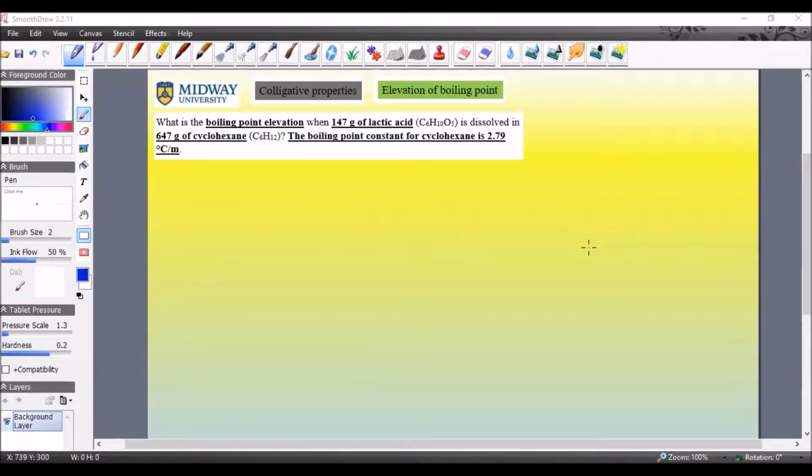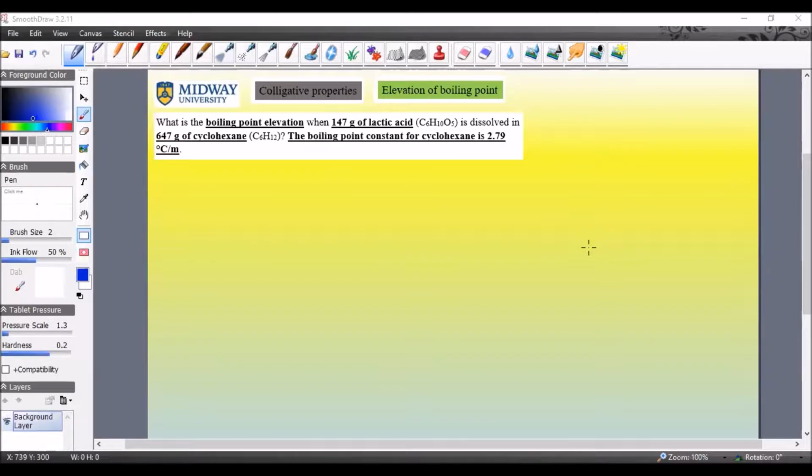Welcome back. As I mentioned in my introduction video to elevation of boiling point, we're going to work out two problems. This is the first of the two problems. Now you will see that in the first problem we are dissolving